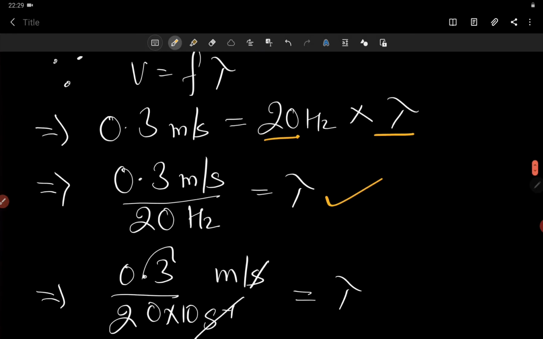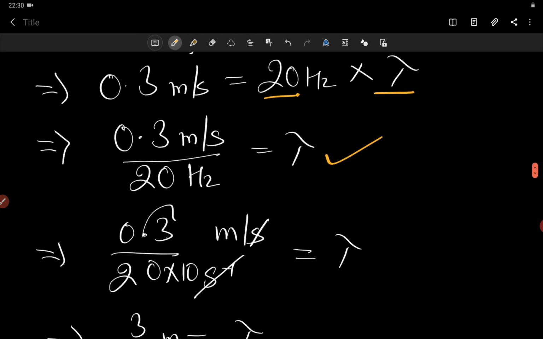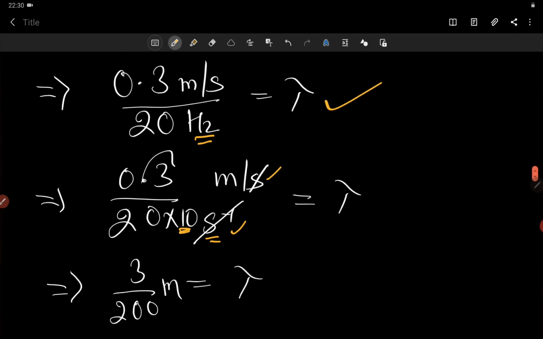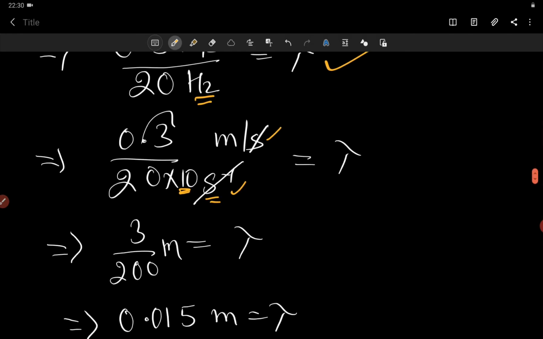Now by doing the simple calculation, 0.3 by removing the decimal point, I shall get a 10 in the denominator, and as you can see, hertz can also be written as per second. So this per second and per second cancel out, and then further solving it, we are getting 3 by 200 meter equals lambda, right,